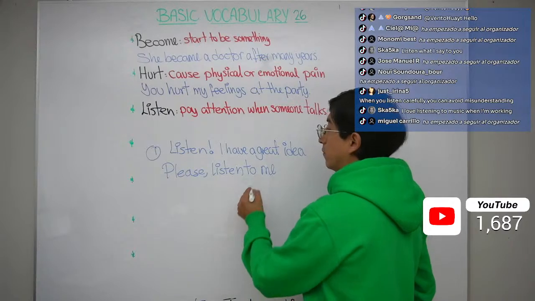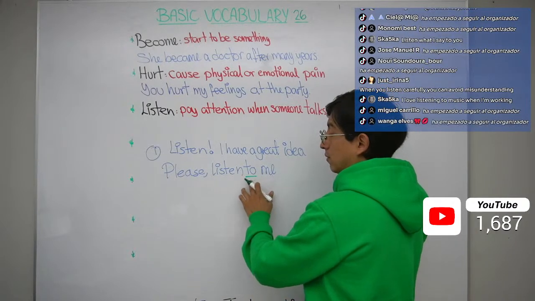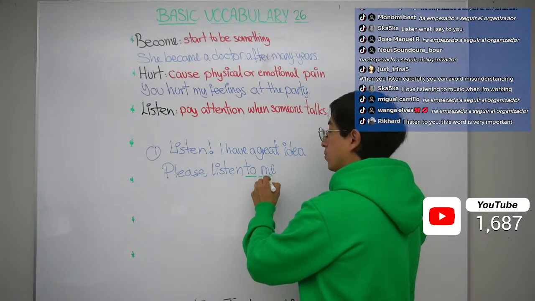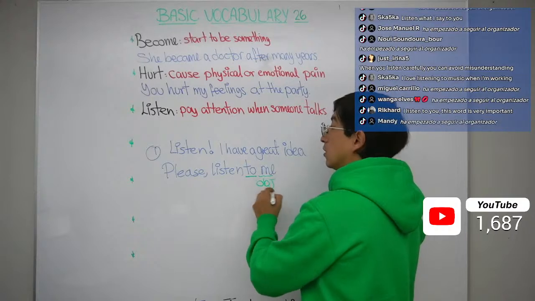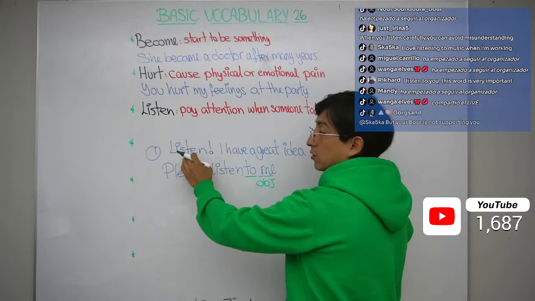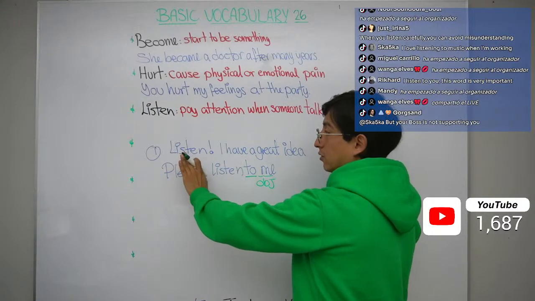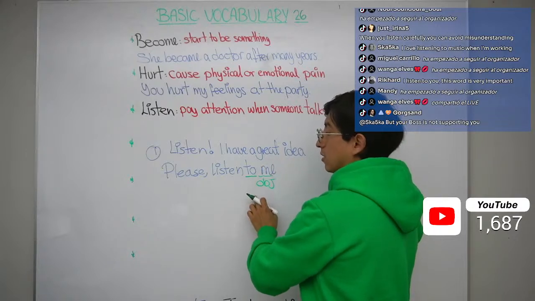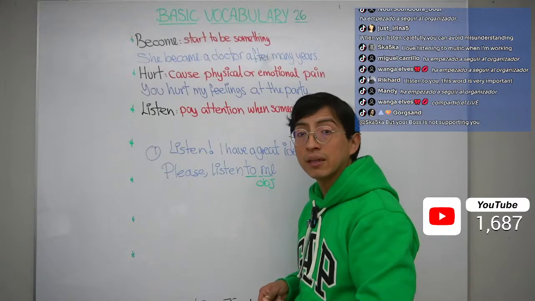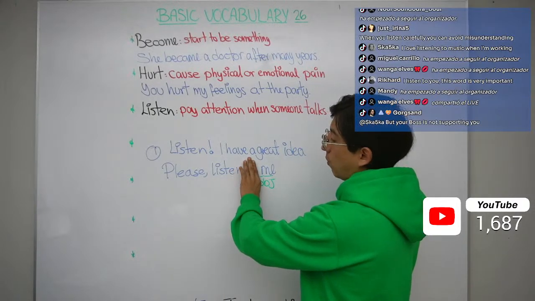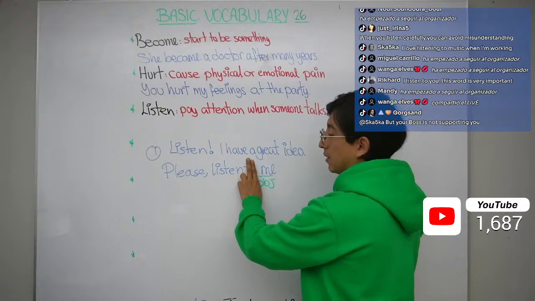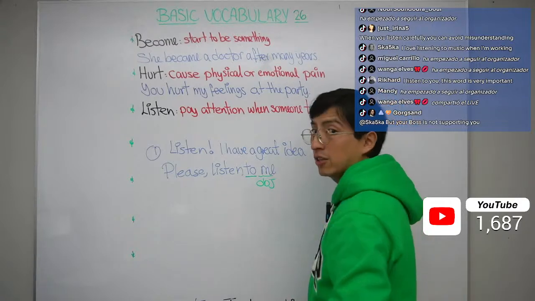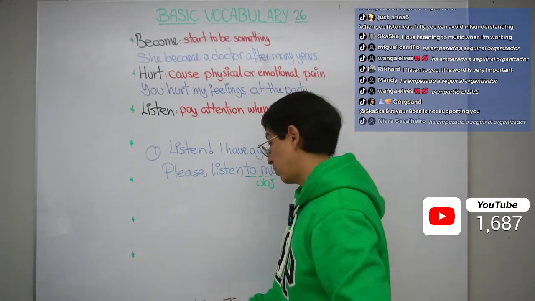But what is the difference now? We are using a preposition. Why? Because we have an object here. In the first case, we didn't have any object. That's why we use listen, nothing else. "Listen, I have a great idea." But in the second case, we have an object. So we never say "listen me," okay? We should use "listen to me." Every time we have an object, we should use this preposition.